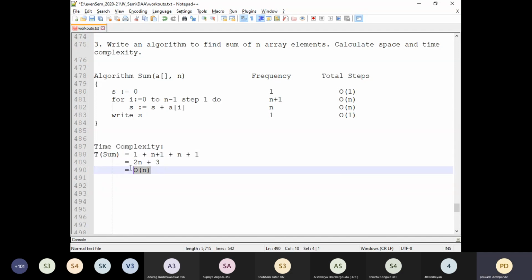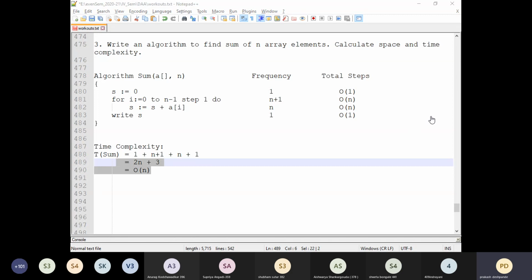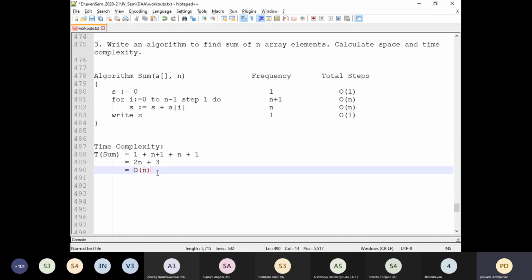If there are any confusions, please ask. Yes, sir. Okay, so we just calculate the sum of all the individual frequencies and put them together. This is the time complexity, and with respect to functions it is a linear function. Now comes the other interesting part: calculating the space complexity.